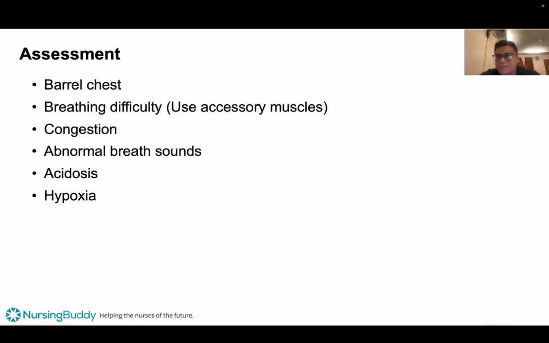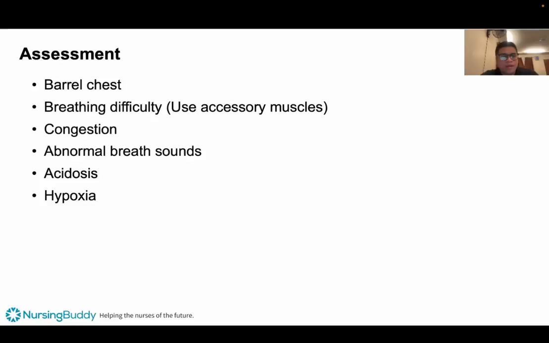So what are the possible assessments na makikita natin dito? First, we have your barrel chest. So basically, this is the increase in your anterior posterior diameter of your lungs. So literally parang naging barrel, okay, yung size po ng lung or thoracic cavity po ng ating pasyente. There's also breathing difficulty. So our patient might be using the accessory muscles at this time. Congestion, abnormal breath sounds,